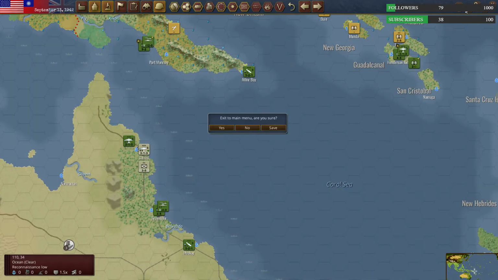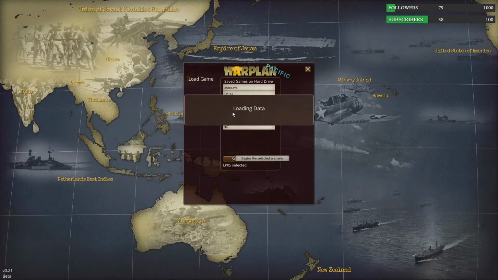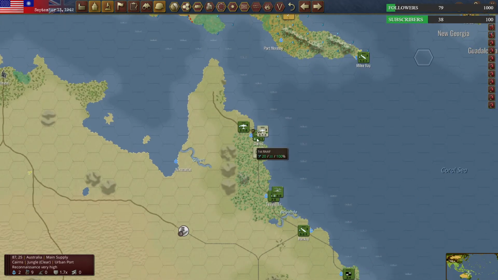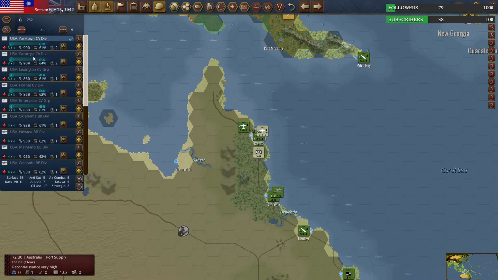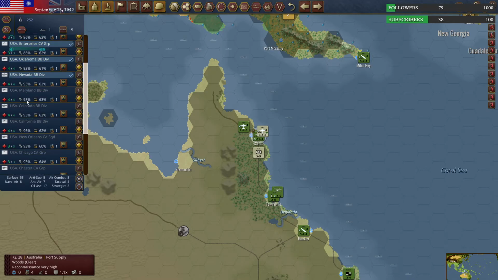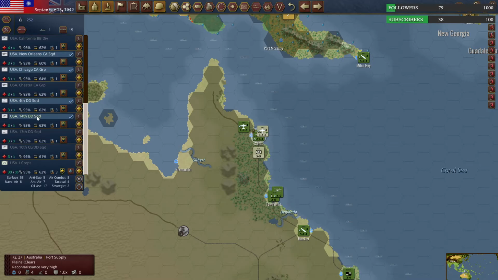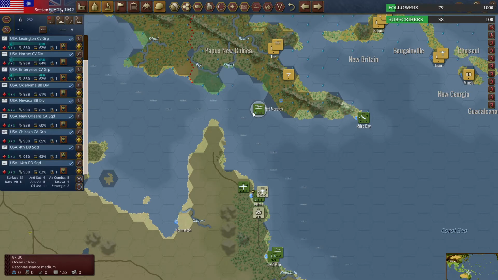Okay, here's what we need to do. I'm still learning this, as you guys know. Let's come out here. Right. Okay, so what we're going to do here is, let's unselect everything, and then I'm going to positively select the carrier group, some of the battleships, some of the heavy cruisers, and some of the destroyers here. Okay. They're going to come up to here and deal with that